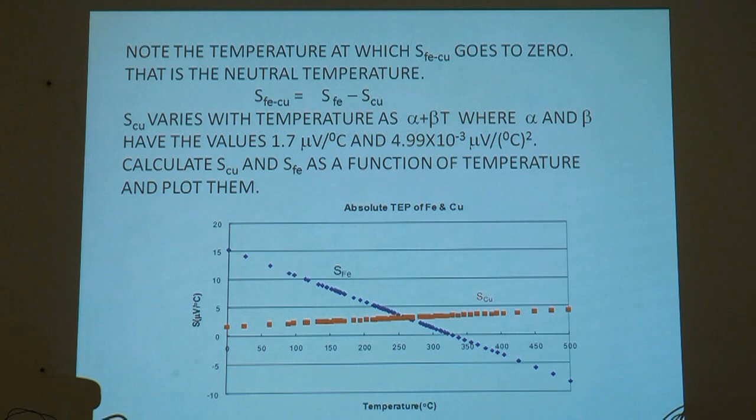Thermopower of iron copper is Seebeck coefficient of iron minus Seebeck coefficient of copper. Seebeck coefficient of copper varies as alpha plus beta T, where alpha is 1.7 microvolt per degree centigrade, beta is 4.99 nanovolt per degree centigrade square. So, from this calculate S copper at all these temperatures,